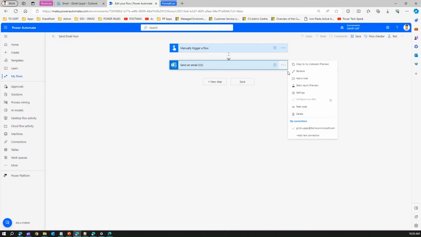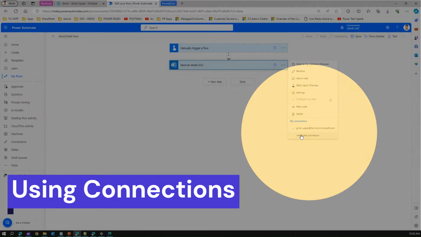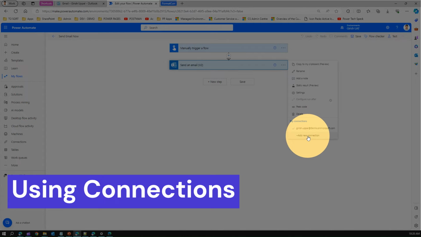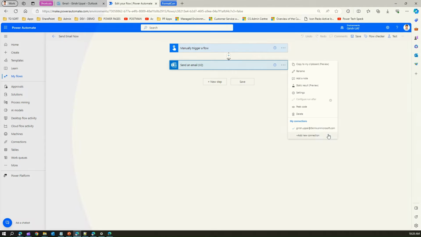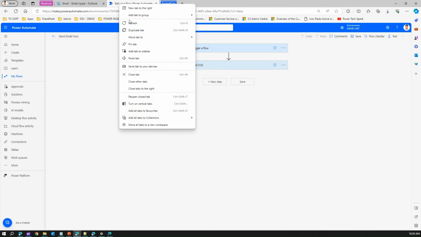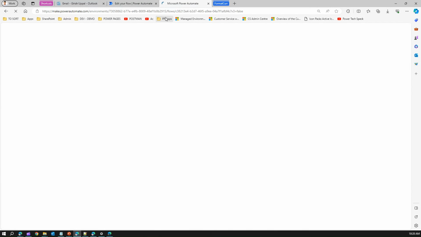And this flow I have created manually, it is not in any solution. So if you click over here, you will see it is my connections. And you can add multiple connections. So if I click on add new connection, I can add multiple connections, but again this is not within any solution. This flow cannot participate in any ALM process. Let me duplicate this tab,